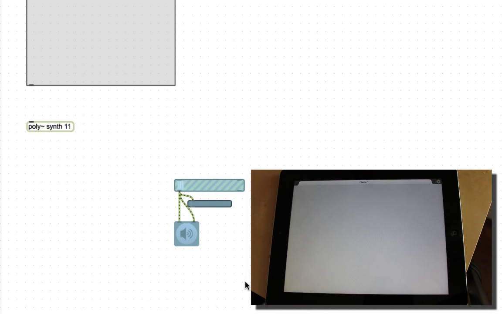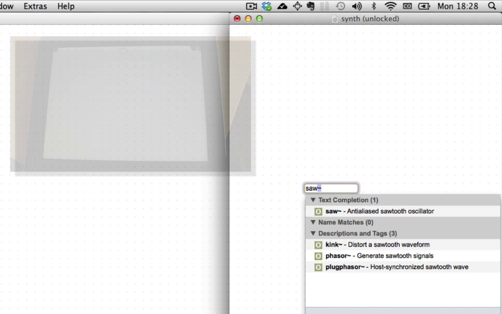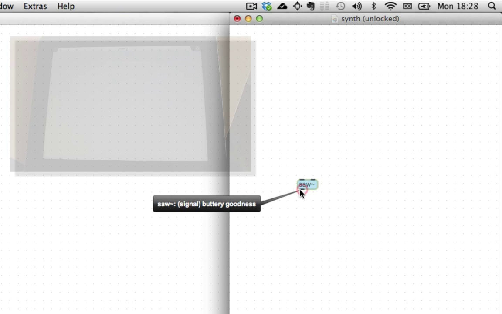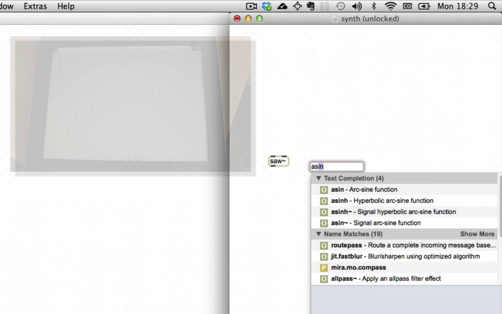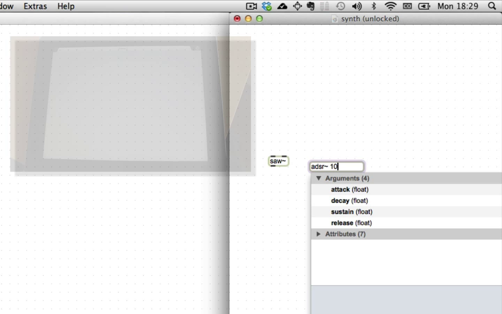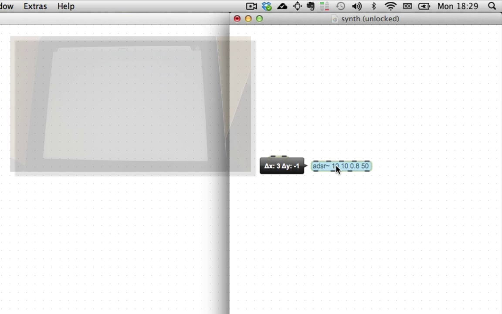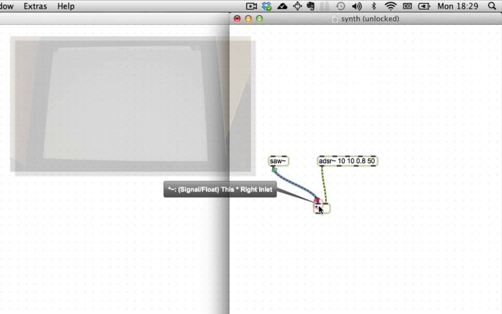So, now that we've got all this set up, what's the simplest, dumbest synthesizer we could build? How about a sawtooth wave and an envelope? So over here, we make a new saw tilde. Nice, rich, as you can see the output here, buttery goodness. That's exactly what we want. An ADSR maybe, oh my god, ADSR. With maybe a 10 millisecond attack, 10 millisecond decay, sustain of 0.8, and a release of, say, 50 milliseconds. And I'm going to multiply these together with a multiply tilde,